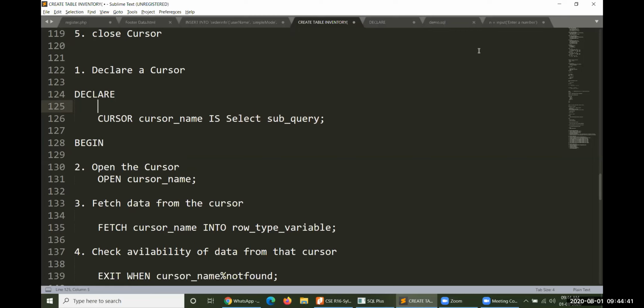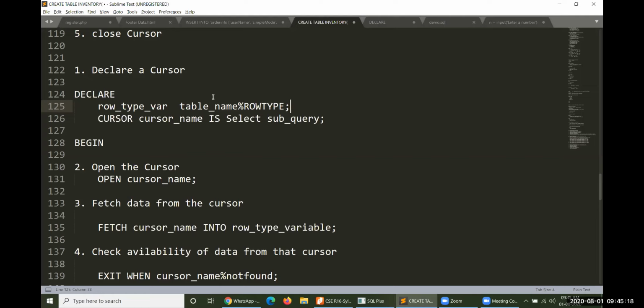If you want to store this data into a particular variable, then you need a row type variable, followed by whatever table you are expected to perform the cursor on, that particular table name %ROWTYPE. This %ROWTYPE is the attribute row type.